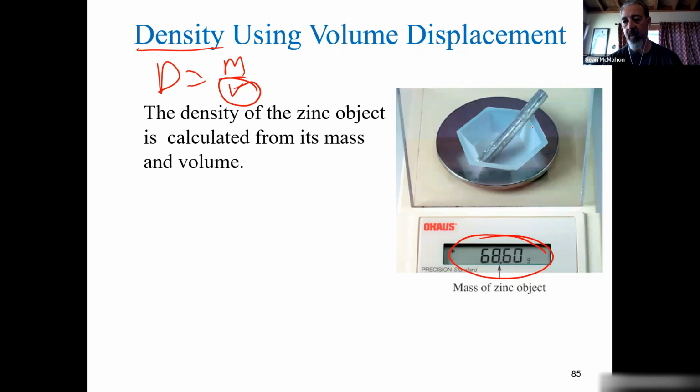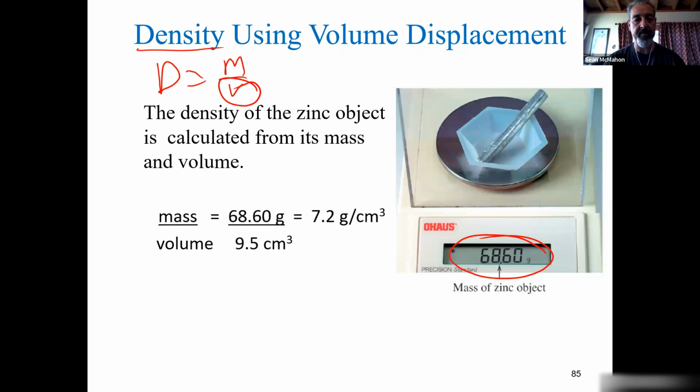If you put it on a weigh boat, these are called weigh boats or weighing trays, make sure you tare it, zero it out when you put the tray on, and then take the measurement. But then you can get your mass,